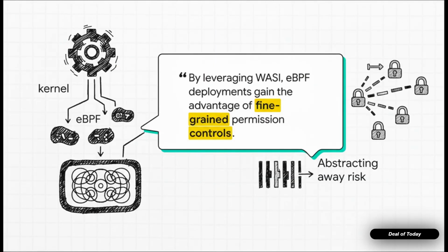This quote really drives the point home, and it mentions a powerful technology called eBPF. Now, to put it simply, eBPF lets you run programs safely right inside the core of the operating system, the kernel. It's unbelievably powerful, but also kind of risky, and that's where WASM steps in. By running those eBPF programs inside a WASM sandbox, like the quote says, you can give them only the exact granular permissions they need and nothing more. It dramatically cuts down the risk.